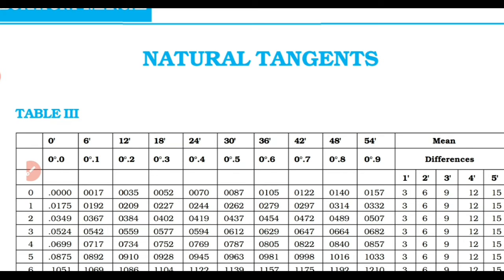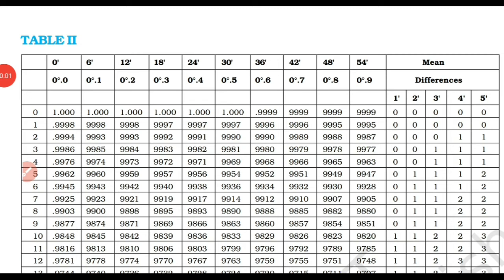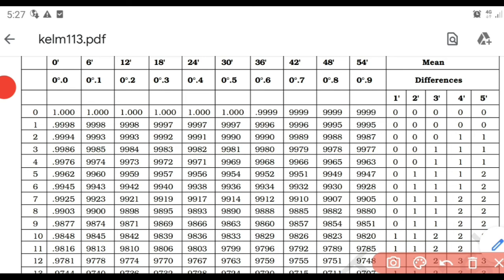Now let's move on to cosine. In cosine, in finding direct angles, that means cos 10 degree, it is very easy, 0.9848. For another example, cos 12 degree 18 minutes. Cos 12 degree 18 minutes means 12 degree 18 minutes, so it is 0.9770. That is this particular value. So that is the direct one.